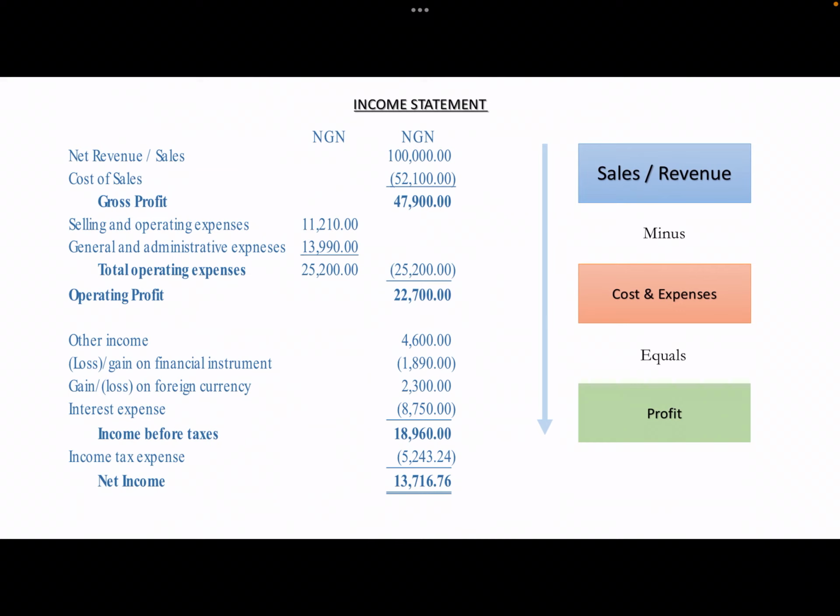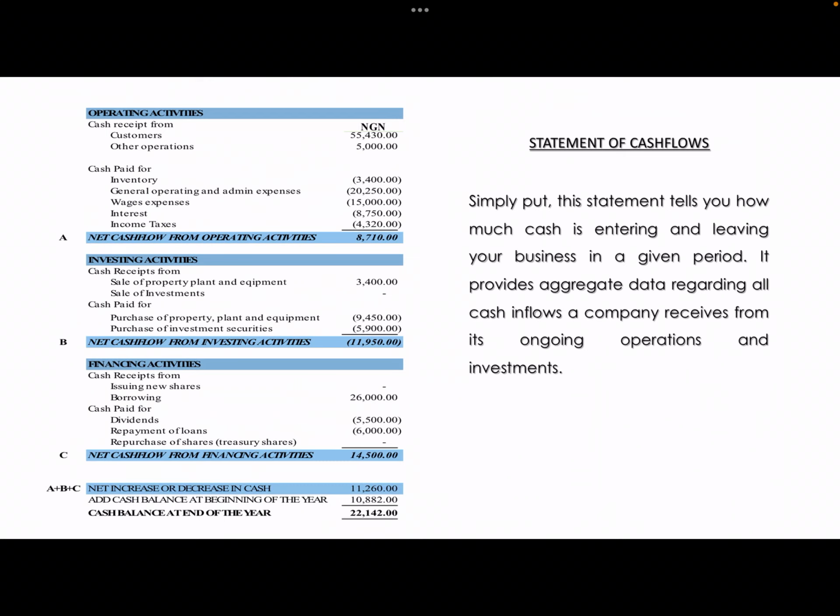When you have your sales and revenue minus your costs and expenses, it gives you your profit before taxes. Now, another important statement, like I said, that is very critical, can actually give you a better view of the business viability, because it shows the pattern of your cash flows, how cash for the business is generated and how it is being expensed. Simply put, this statement tells you how much cash is entering or leaving your business in a given period. It provides aggregate data regarding all cash inflows that the company received from its ongoing